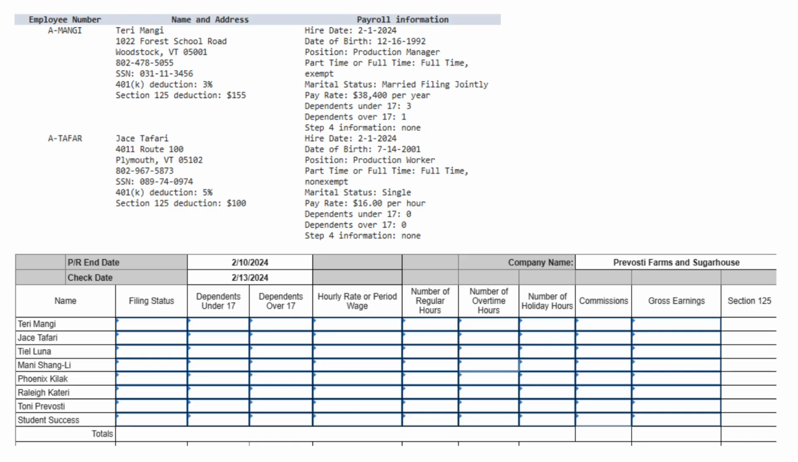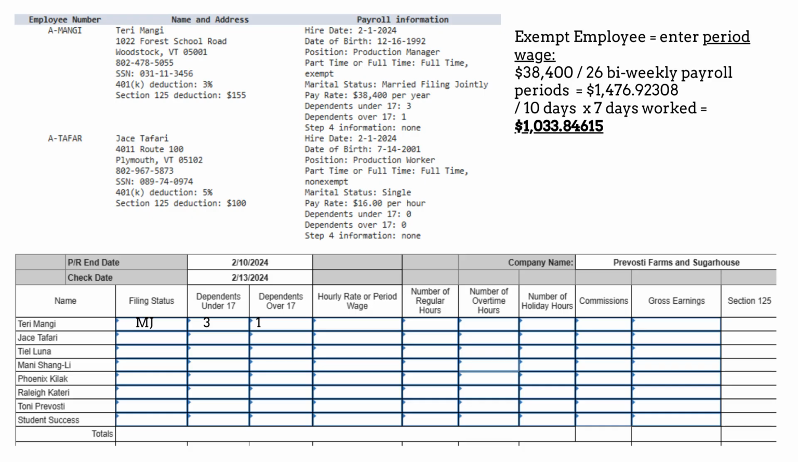Terry has the filing status married filing jointly and has 3 dependents under 17 and 1 over 17. Terry earns $38,400 annually. I divide $38,400 by 26 biweekly pay periods for $1,476.92308. Next, I divide that amount by 10 workdays in a regular biweekly pay period and multiply by 7 days worked to get